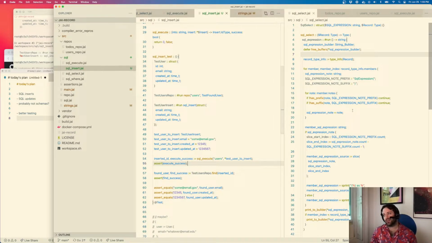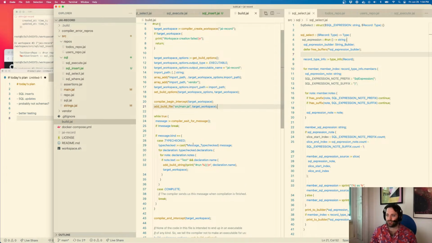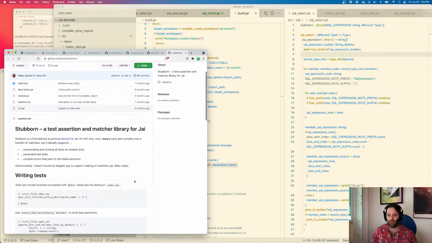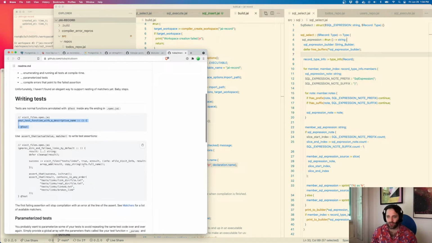Yeah, I'm doing it. I don't think it's a design goal to keep them coupled together, but in my build metaprogram here, it just seemed way easier to say anytime I see a test note, just print out a run directive immediately. There's a tool that I mean to integrate, that I'm probably going to play with later today, called Stubborn. Oh yeah, I had it open already. Which uses the same syntax of a test note,